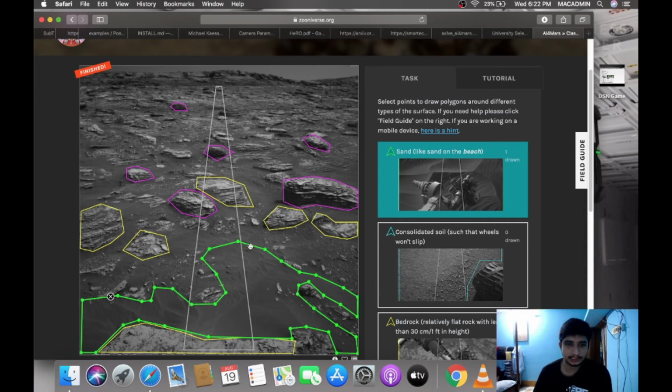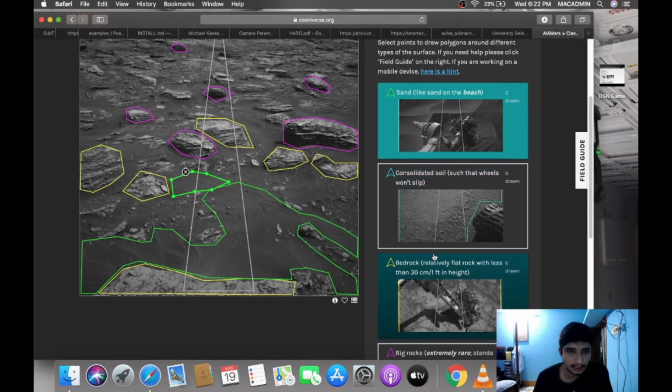So you can see the sand portion, which is something like this. You can also do this one. Looks like sand portion. So yeah, I think I'm done with this one,